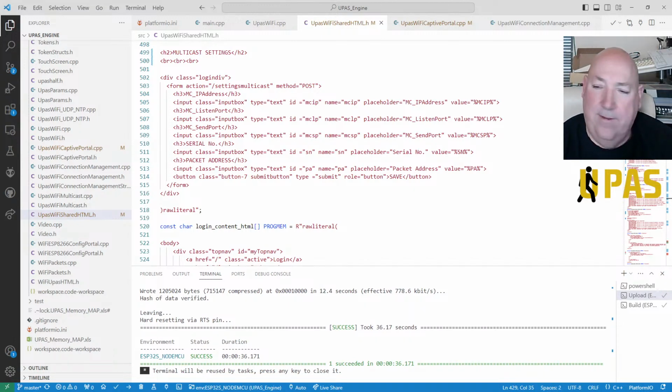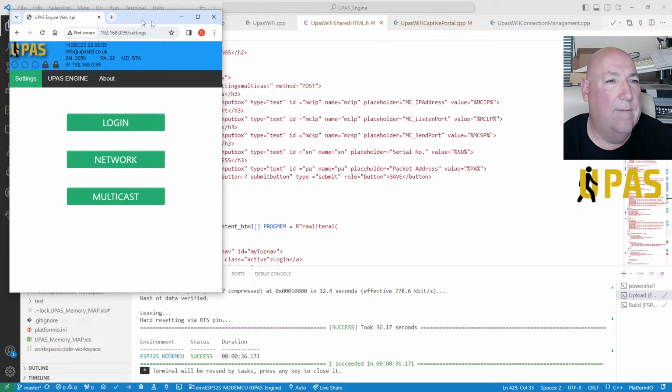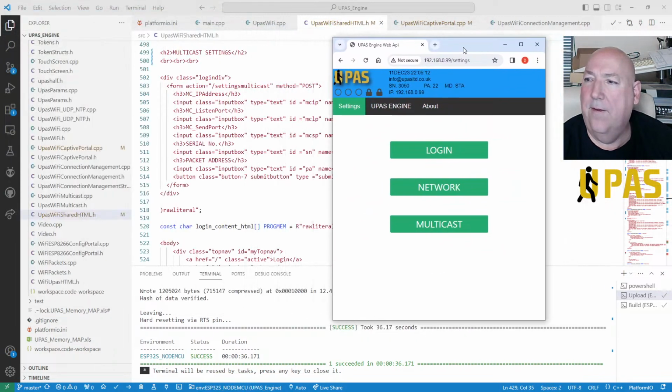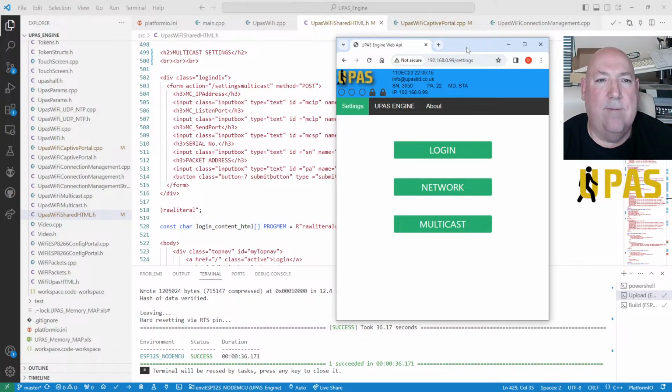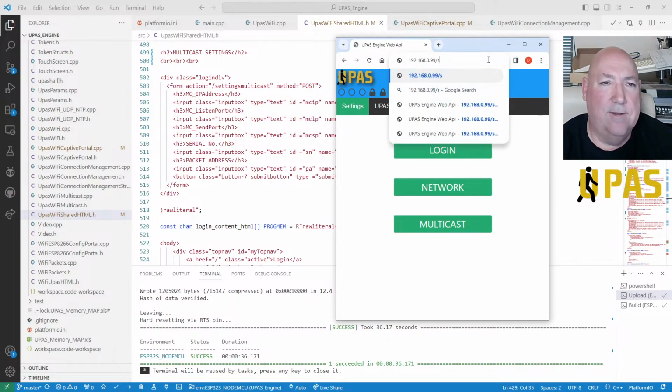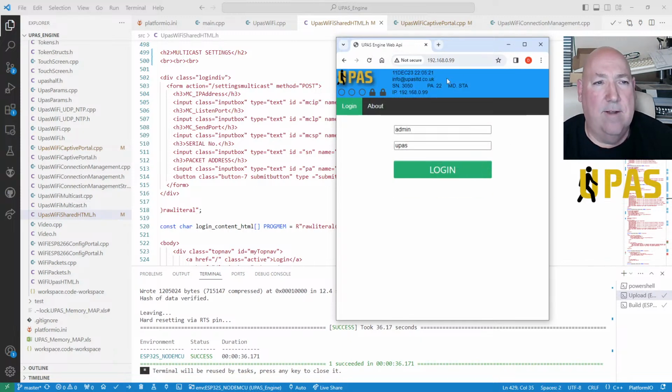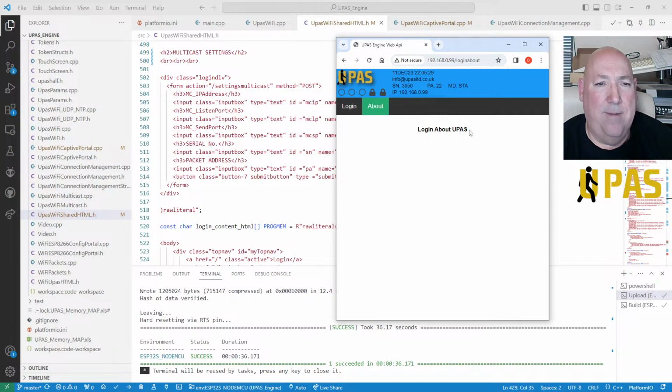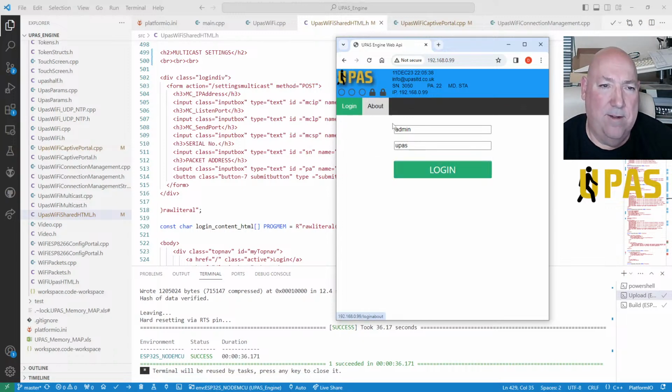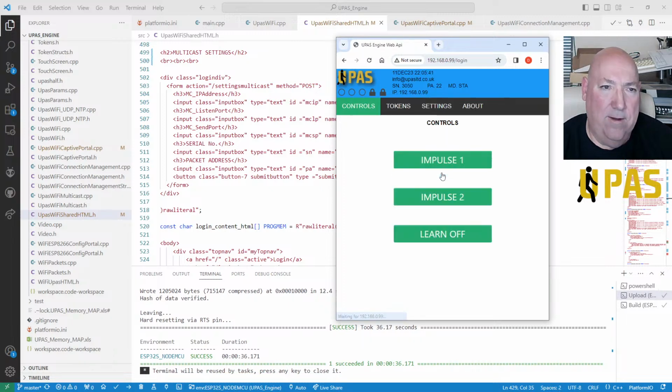Right, so I've got that. And we're uploaded, so we'll go back over to this. Let's bring this over here. So let's go back to the start. We've got our clock ticking away, and we've got our login screen brought to us off the main route. We can go to about. We've got our about info for login, and we go back to login. So that's fine, now we're finished with the login. So we log in, and we've got our controls, which is showing now.